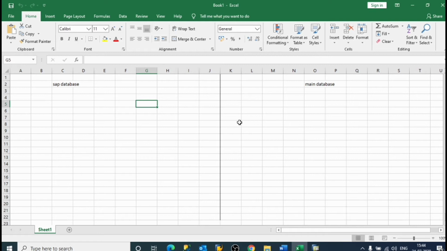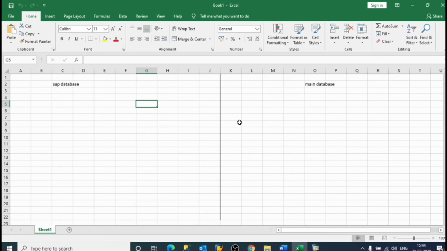As I said earlier, SAP has two databases: its own database and the main database. So if we create a transparent table, it is not only stored in its own database but also in the main database.